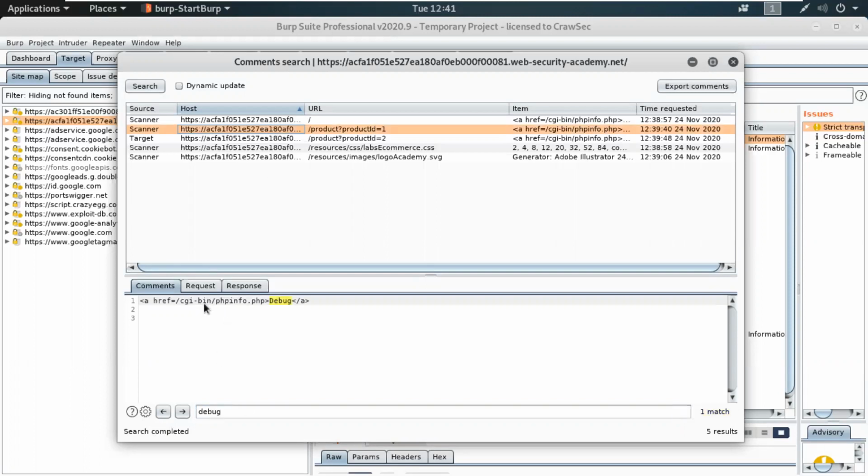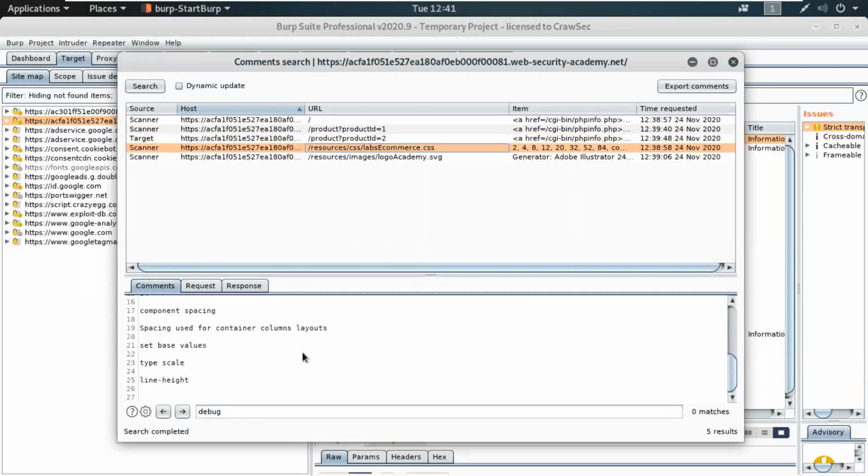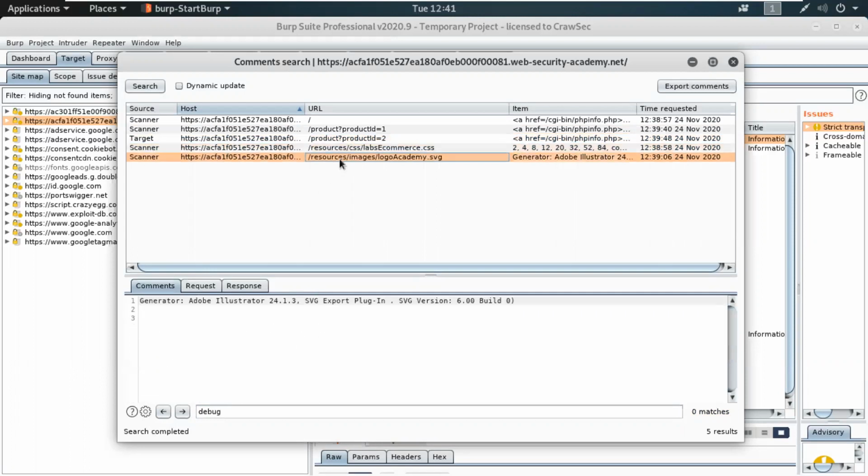We can see this one. See, we have some source code data: SVG 4 plugin, SVG version, Adobe Illustrator version. You see some sensitive information commented out, which is given in the source code. Sometimes developers forget to remove those things, and you can see all the source code one by one.